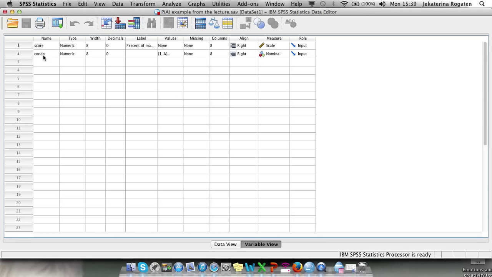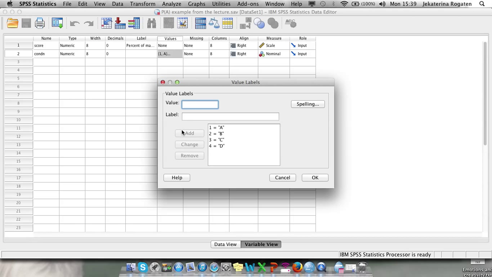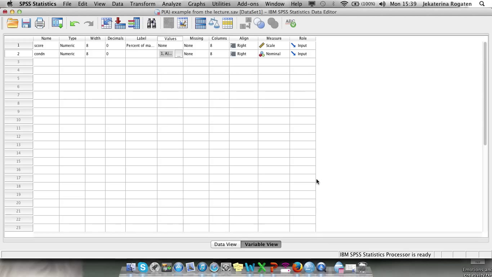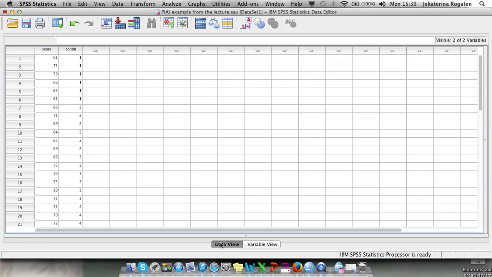So the condition we have as nominal data. So the number that we assign to the condition corresponds to the name of the condition. And in here you can see how they're coded. So 1 equals group A, 2 corresponds to group B, 3 corresponds to group C. Basically, knowing this number, you would know which group the participant belonged to. So going back to our data view,